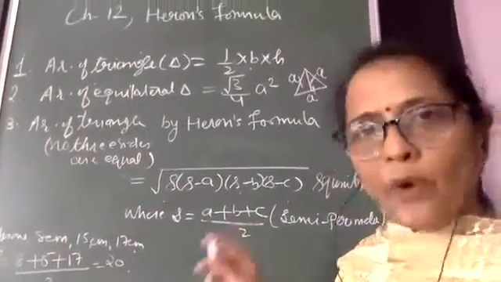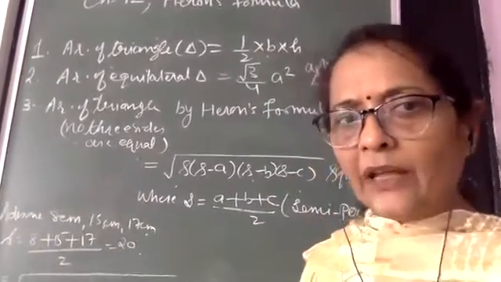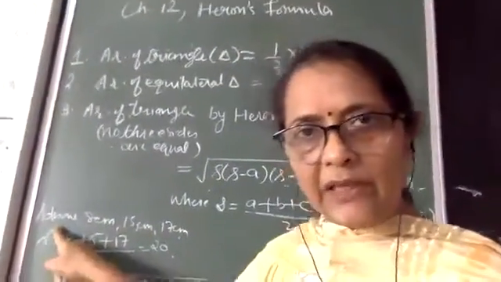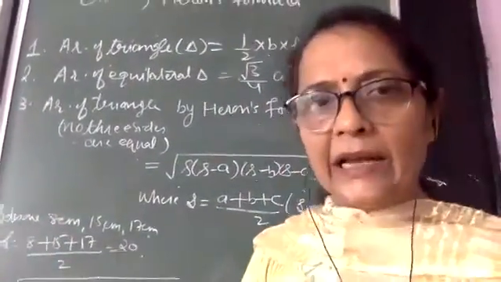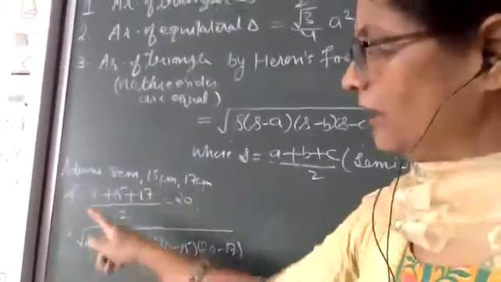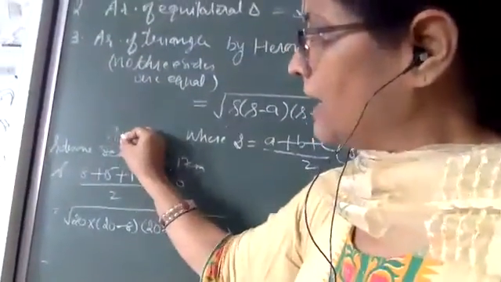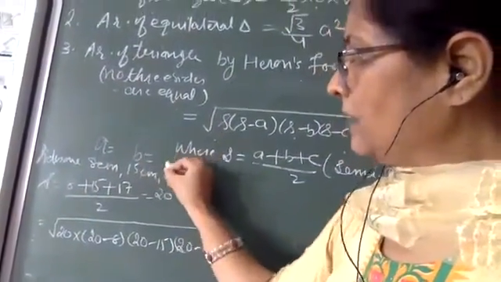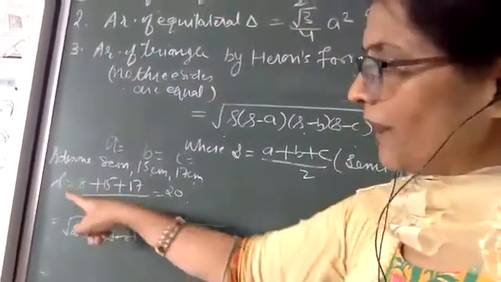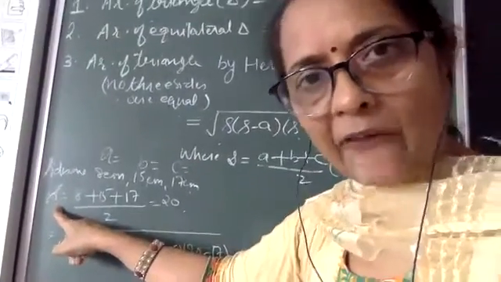Right? Now, I'm going to take one example so that it is clear to you how to use this formula. Right? So all of you, I have taken here one example. Suppose the question is, find out the area of the triangle when the sides are given 8, 15 and 17 centimeters. Then how do we find out the area? Just check out. See here, all of you. We are given here 8, 15 and 17. So we will write here first side as A, second side as B and third side as C. Any of the sides can be written as A, B or C. Now we will find out here S. S stands for semi-perimeter. Just now I have told you. So semi-perimeter means what? Half of the perimeter.